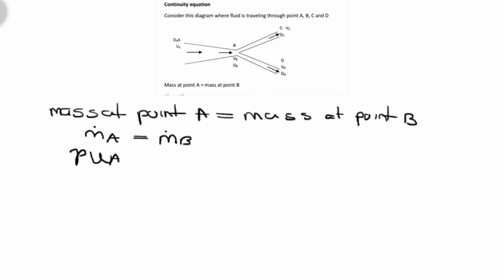At A, this can be equated to density at B, velocity at B, and the area at B. Notice that our density is constant since we are dealing with the same fluid entering through the pipeline, so we will be left with